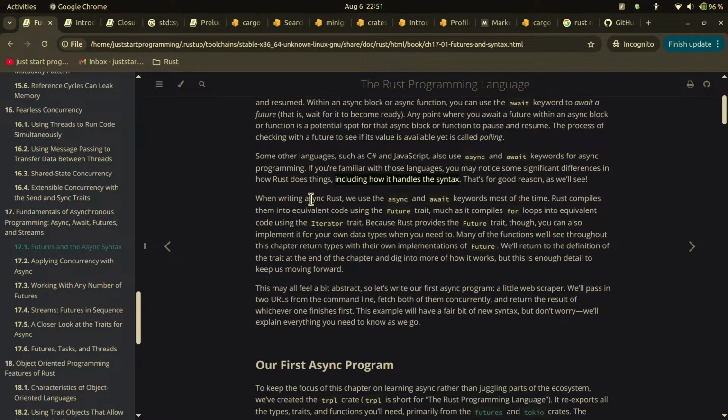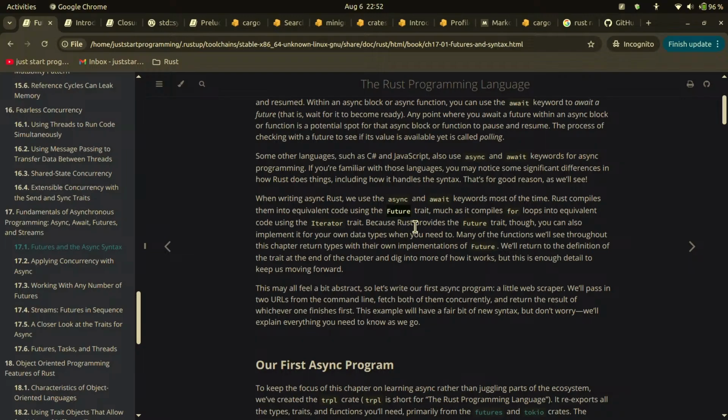When writing async Rust, we use the async and await keywords most of the time. Rust compiles them into equivalent code using the future trait, much as it compiles for loops into equivalent code using the iterator trait. So for loop is to iterator, while async and await